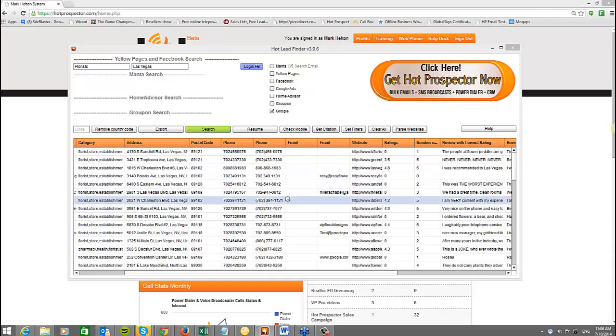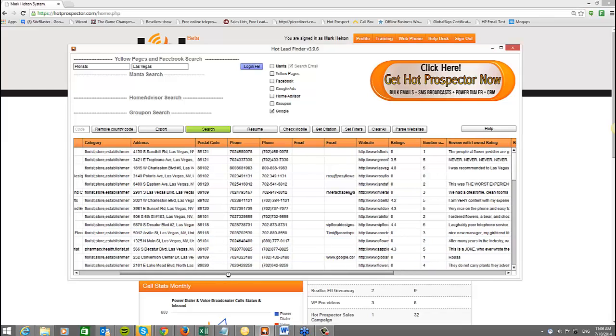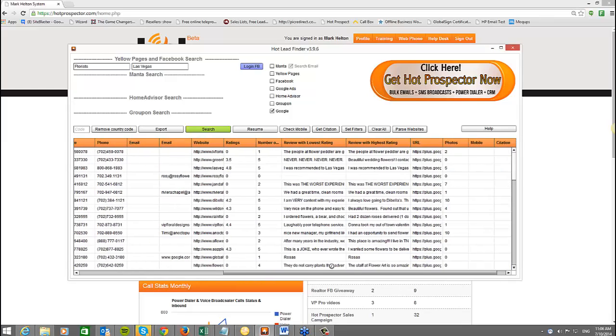Okay, and that's all available. Also, in this update, we've also fixed Home Advisor and also Manta. So those are two fixed. Now, just a quick thing I want to mention on the direction of where we're headed with Hot Lead Finder